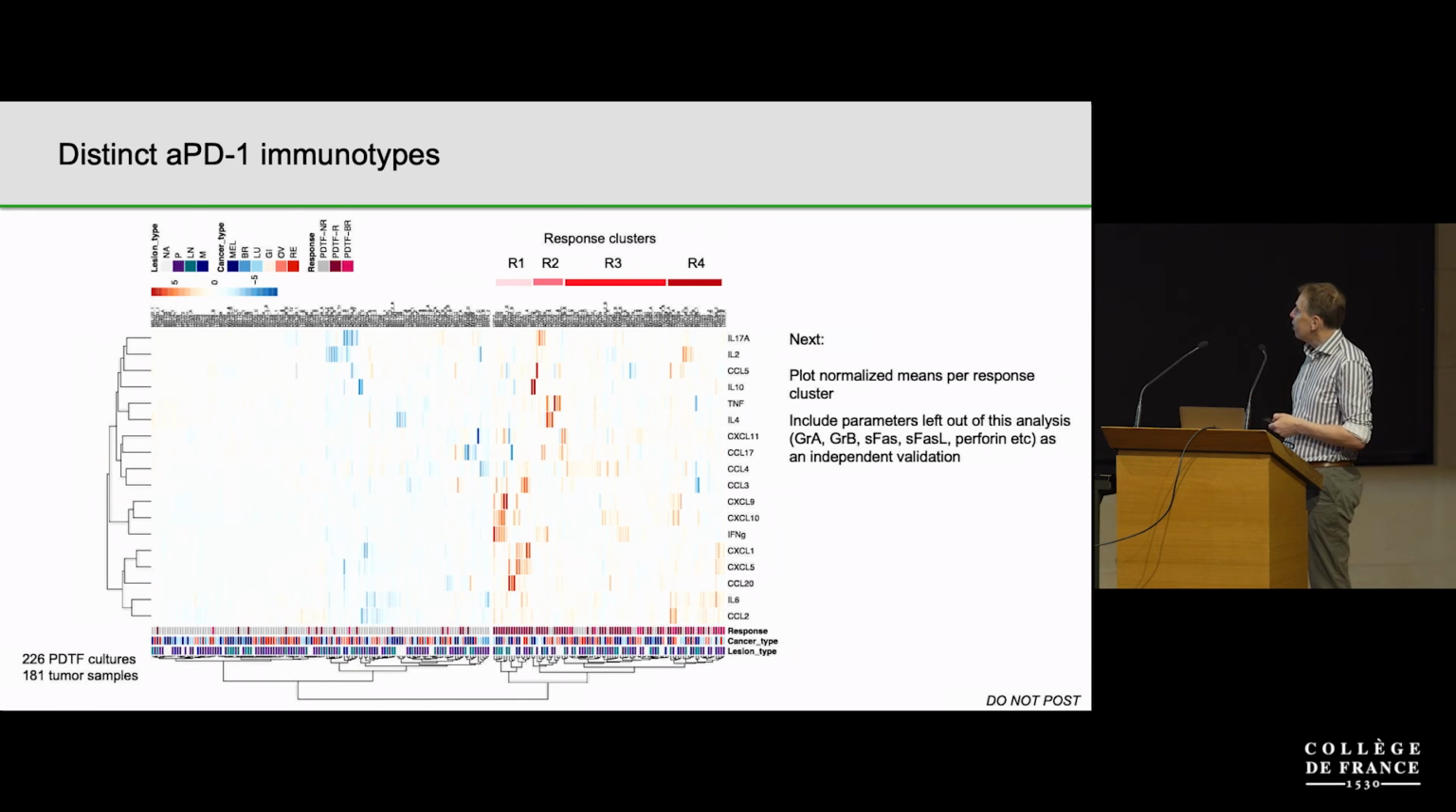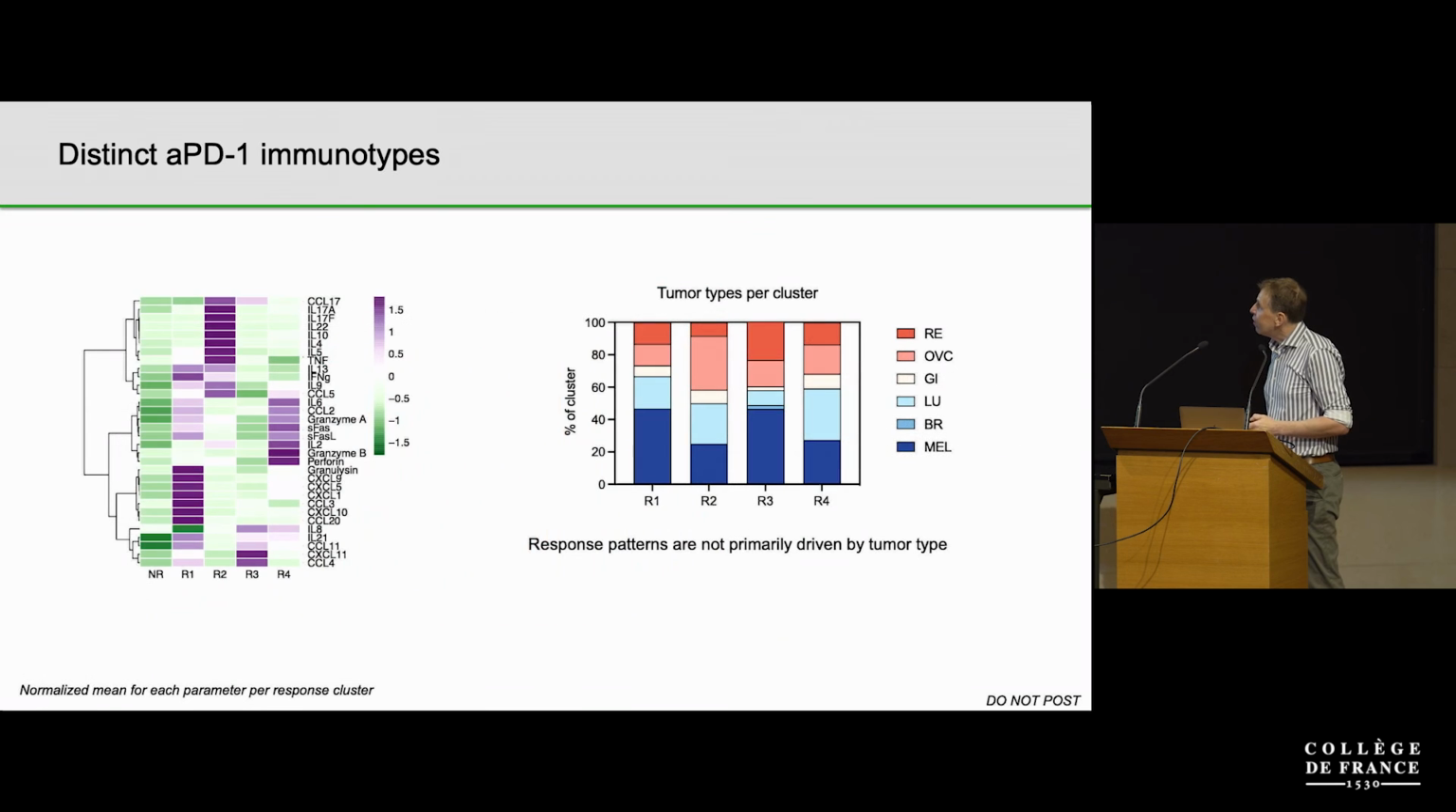What we then did, to make the data a little bit more accessible, is we now start plotting the normalized means per response cluster. So for each response cluster, we take the normalized means per parameter, and then also included a number of parameters that we didn't include in this first analysis as an independent validation to understand whether they would make sense, where they would end up. And that's shown in this slide. So now we have normalized means per response cluster, and we have the non-responders, where again, everything is not responding to PD-1 blockade, as you expect. And we have response cluster 1 to 4,